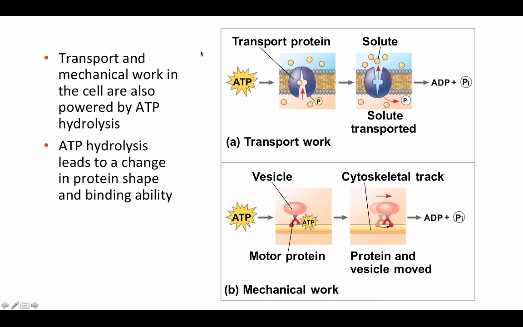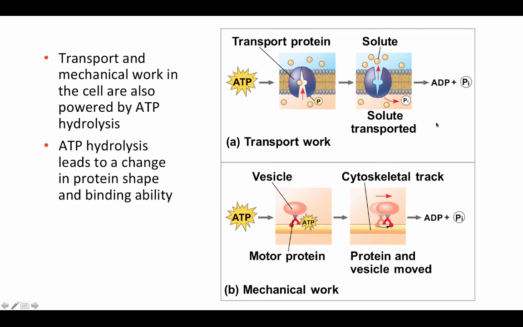So similar to ATP being used to drive these endergonic chemical reactions, ATP is also used in a similar kind of way for the other kinds of work that cells do. So transport proteins are going to involve the phosphorylation of that transport protein. This is exactly what we saw in the sodium-potassium pump, with the pump protein being phosphorylated. That phosphorylation is going to cause a change in shape. When that phosphate is released, it's going to change back to its original shape,